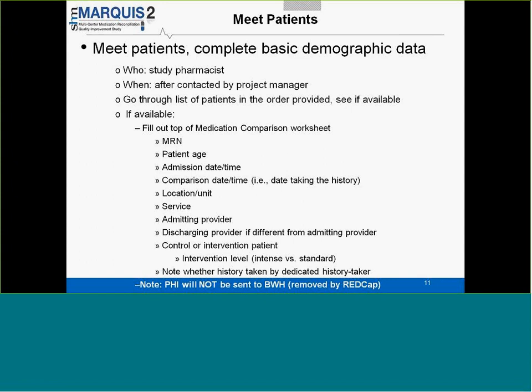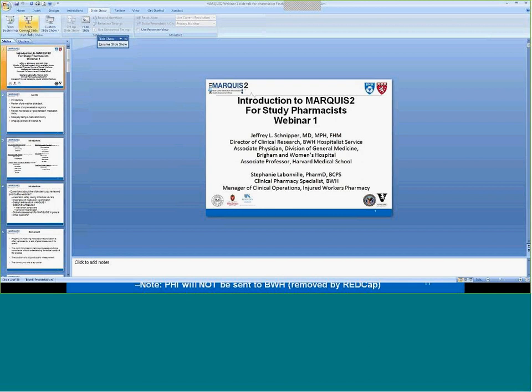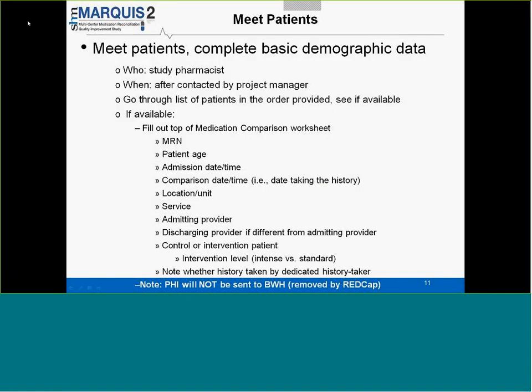Hi, I'm Booth from Yelm Haven Hospital. Just a clarifying question about that last comment about whether the history is taken by a dedicated history taker. If one of our interventions is having pharmacy technicians in the emergency department, for example, do we need to then audit the history that they've taken by a separate pharmacist? Or does the